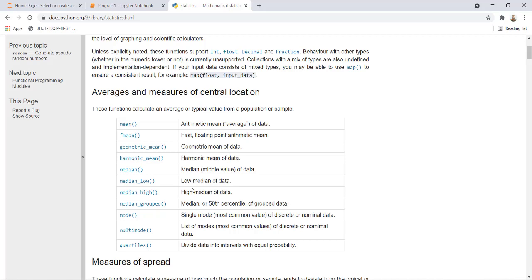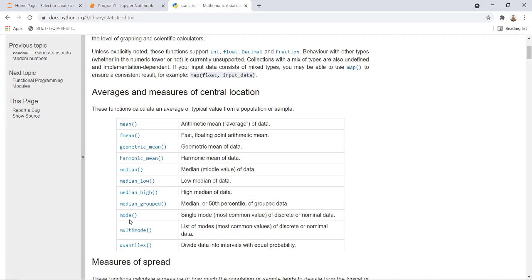When the list has an odd number of items, exactly the middle value is your median. When the data is of even size, you will get two middle values. Of those two middle values, the lowest will be taken as the low median and the highest will be taken as the high median of data.